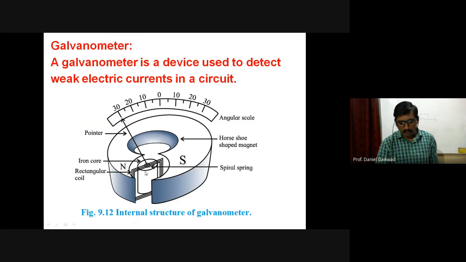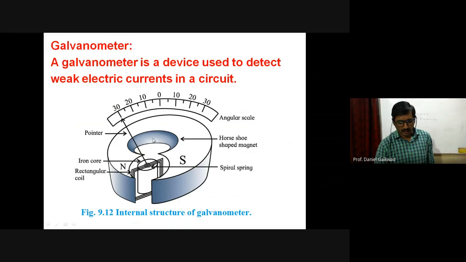So depending upon the amount of current through this rectangular coil, accordingly there is a deflection of the coil in between the poles of the magnet. The galvanometer instrument doesn't measure the current but just senses or detects the current, and accordingly we have the deflection on either side of 0. Initially the pointer is at 0, means there is no current, and if current is in one direction it will give deflection in one direction. If current is reversed, then deflection will be on the other side.